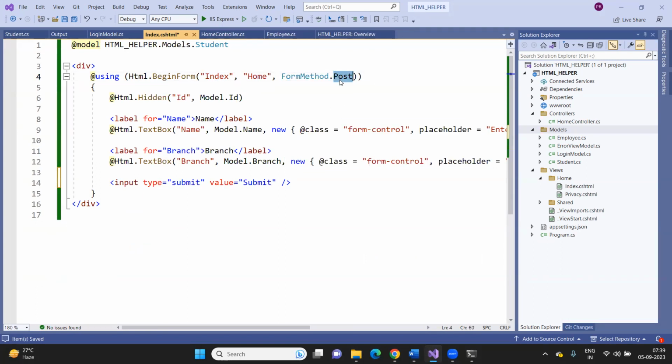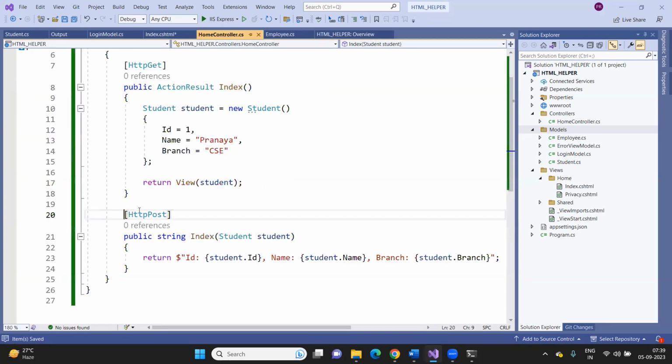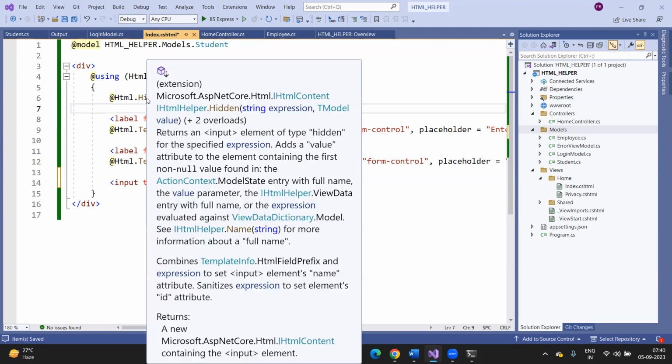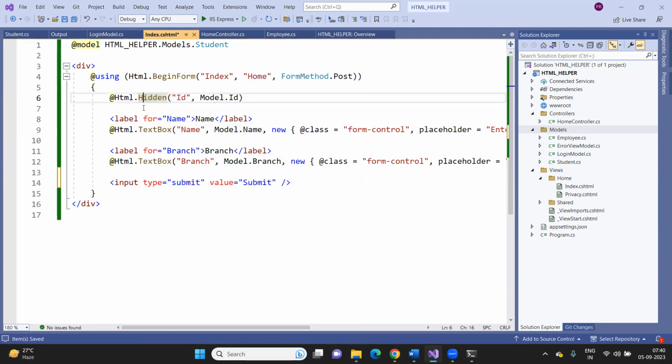Means the action method, which is decorated with HTTP post, is where the form needs to submit the data. Here you can see the action method index is decorated with the HTTP post method, right? And then I'm creating one hidden field with the name ID. In this case, I'm not using the hidden for helper; later I will show you. But for now, I'm using the simple type,